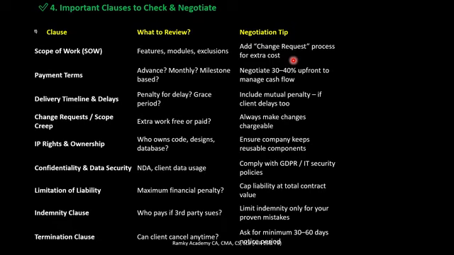That is the reason we need to always look for a defined scope in the contract, and what is excluded from the scope of work. If anything is required on top of the defined scope, then they can raise a CR, change request, and they can allocate extra resources and extra billing for that specific work. That we call a change request.